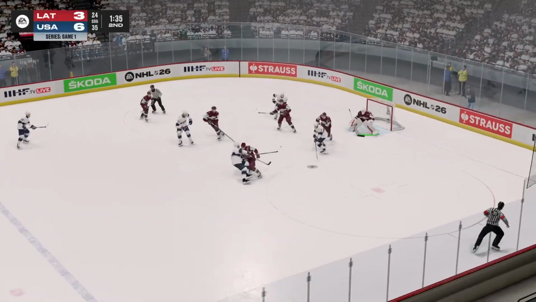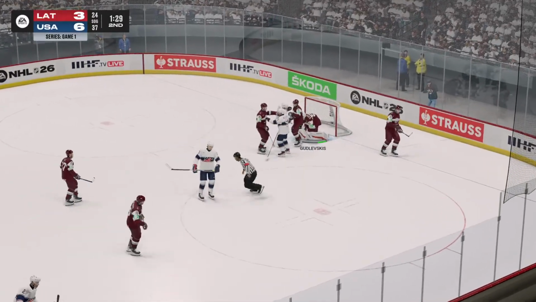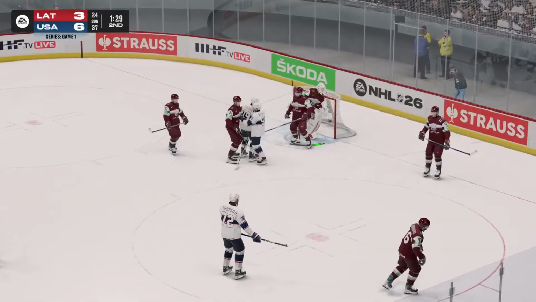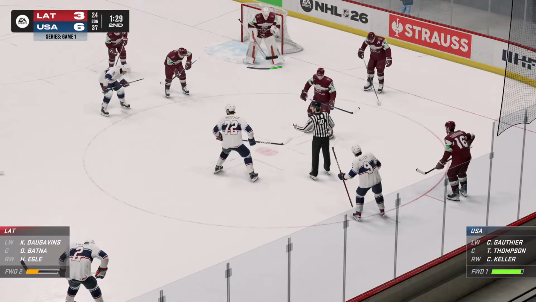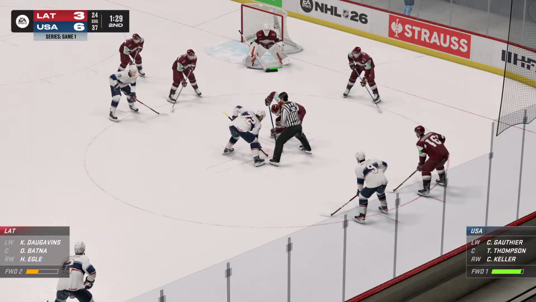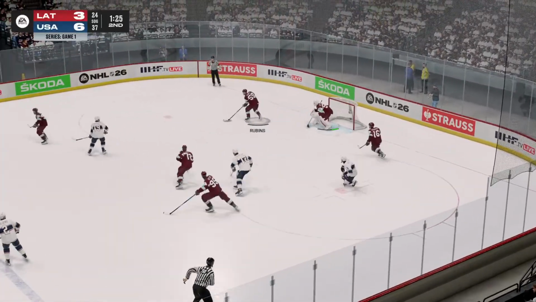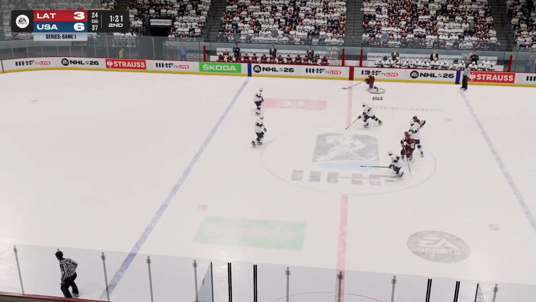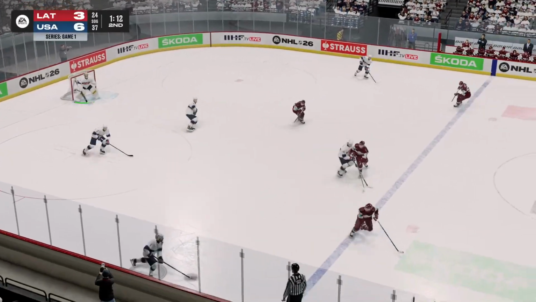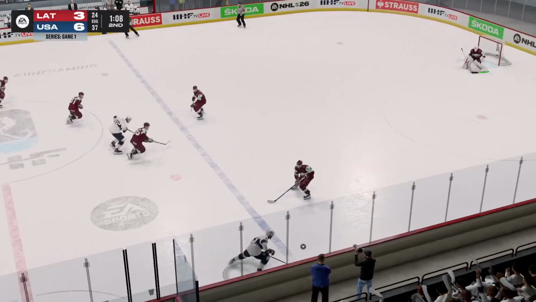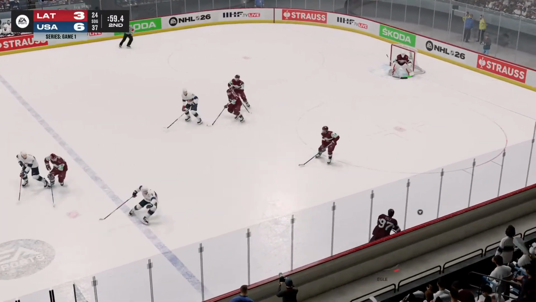Face-off control by the United States. Heller in on net, bobbled in the slot, hack and whack, controlled by Gudlewskis. 1:29 to go in the period. Face-off controlled by Latvia in their own end. 3-goal United States lead as Latvia brings it through center. Tried to slide it across. Good cutoff by Gauthier. Keller now brings it up the near boards. Slides it in, and it's cut off on its way through. 1 minute to go in the period.